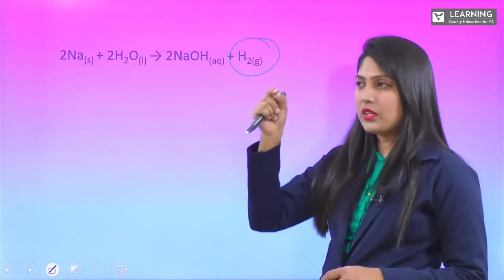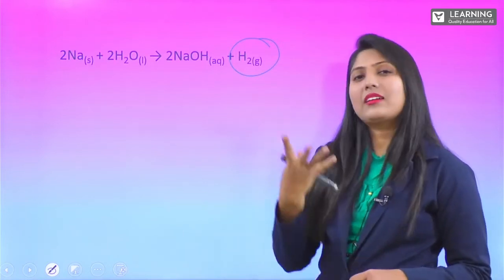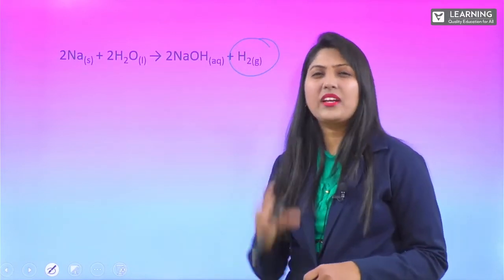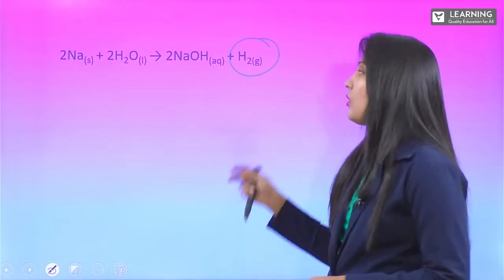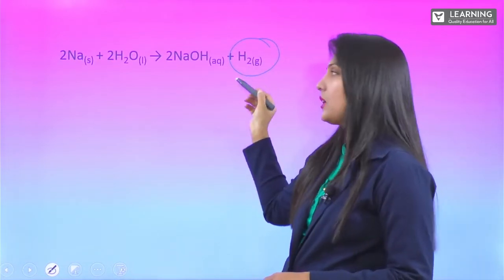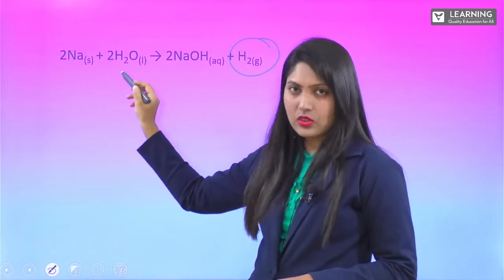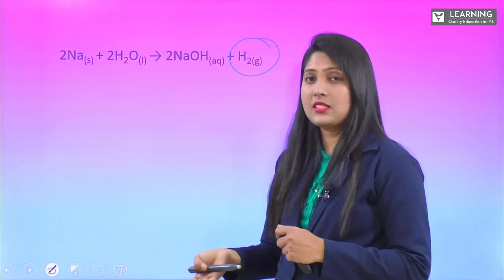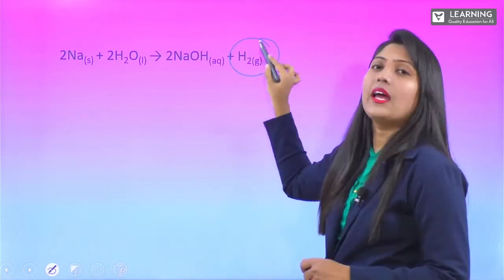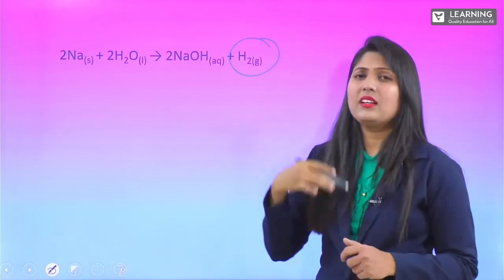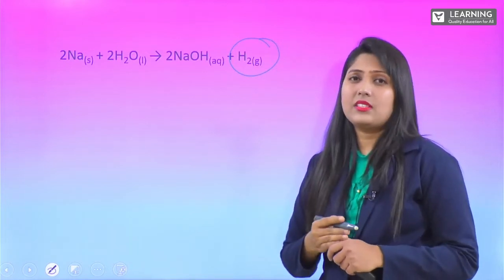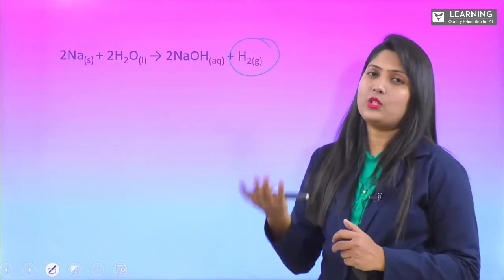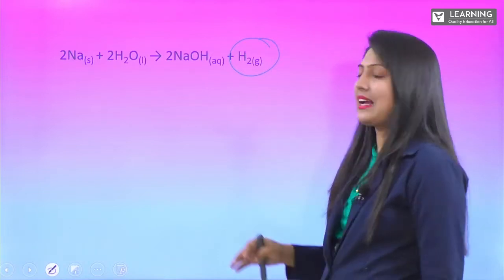What happens when sodium metal is added to water? We get a yellow color flame. It will be popping up on the water. It is vigorously reactive towards water. Why do we get the yellow color here? Because when the sodium is reacting with water, a huge amount of energy will be released, and hydrogen is a combustible element. It is also present in the given system. So actually the hydrogen reaches its ignition temperature and it catches flame.